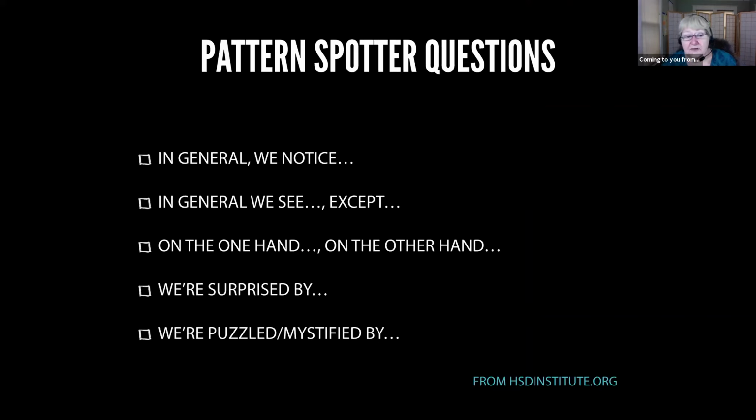So another thing I like to do once I have that collection of data, however I've collected it, is use these things called pattern spotter questions, which are a more systems way of looking at things. And it also comes from the Human Systems Dynamics Institute. So we look at one of those charts that we've created, and I usually have people step way across the room, or if it's online, it's a little bit easier, I can zoom out from it and say, okay, if we just look at the patterns that are here, what do we notice?